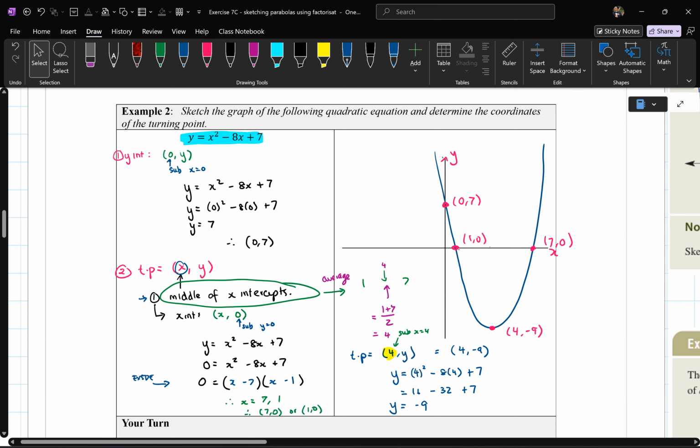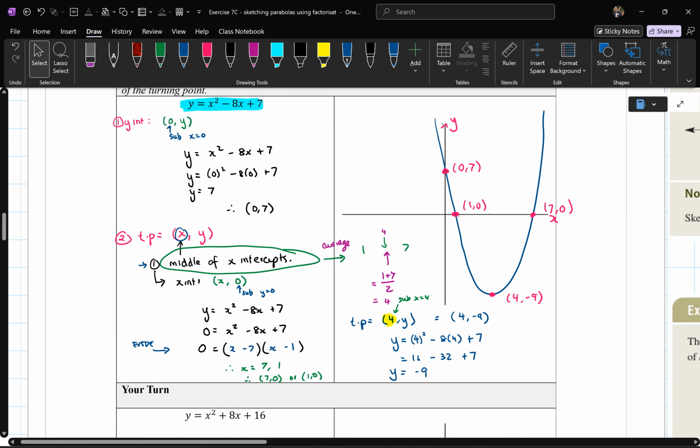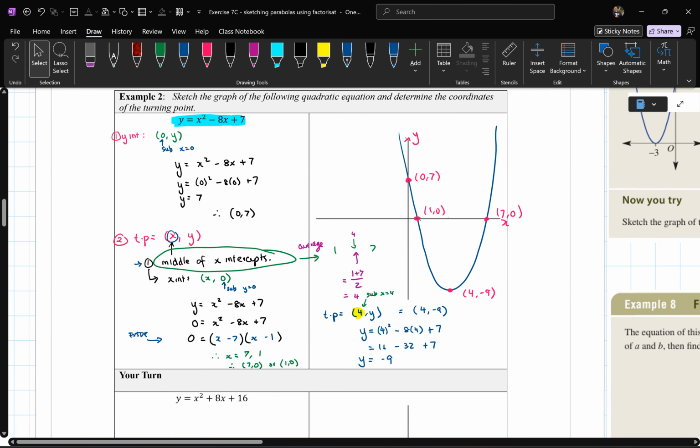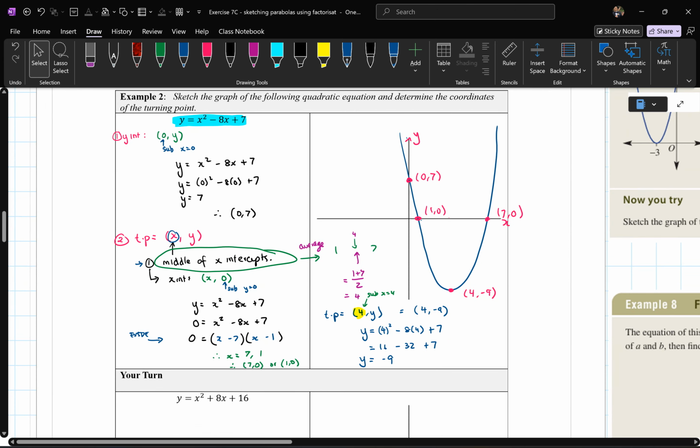All right, team. I'm going to leave the last example for you to try. It's just on the bottom there, x squared plus 8x plus 16. And that's today's lesson. Now, before I stop the video,